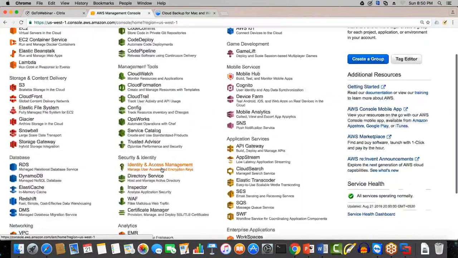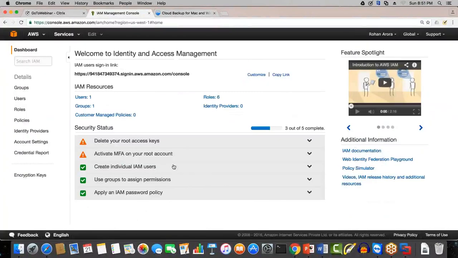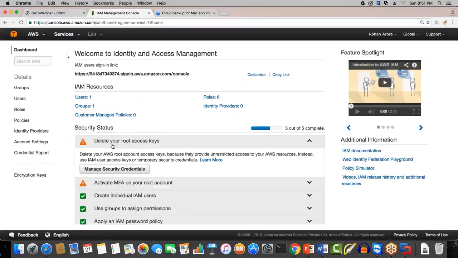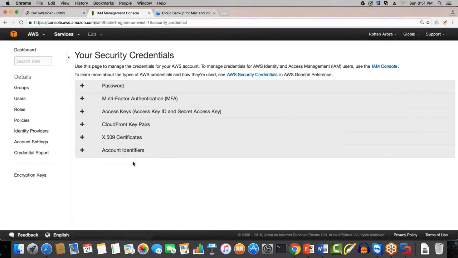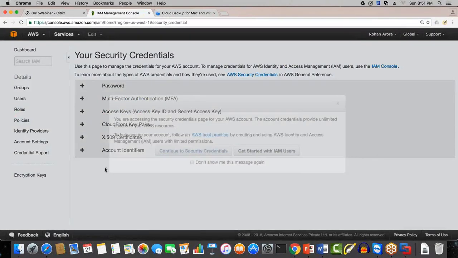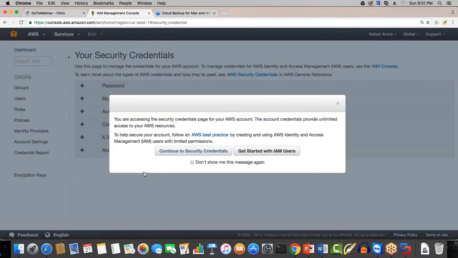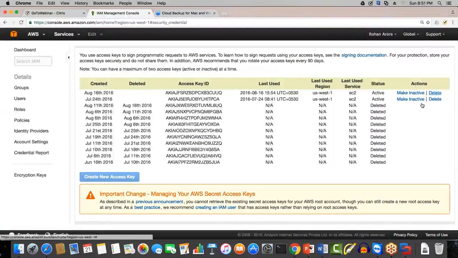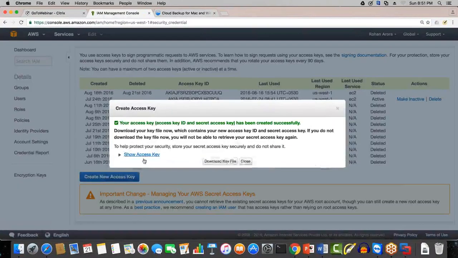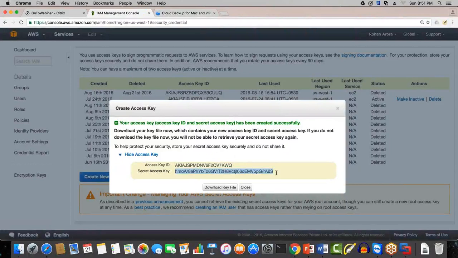We can click on delete your root access keys. Over here, this is the IAM dashboard. And we click on manage security credentials. And over here, under the access keys, you can create a new one. You can just click on create new access key. And this is the access key ID and the secret access key ID that you need to copy